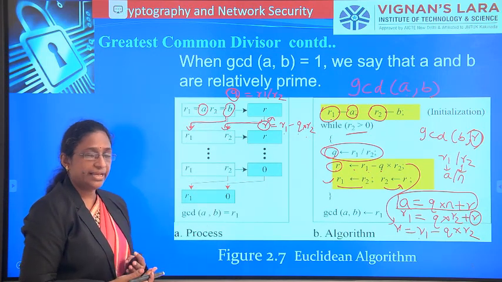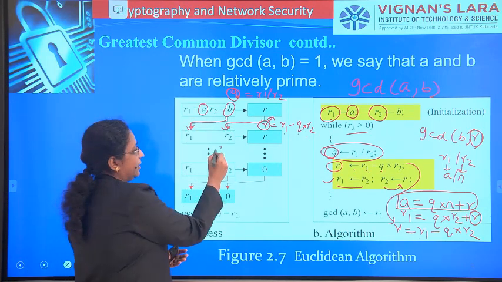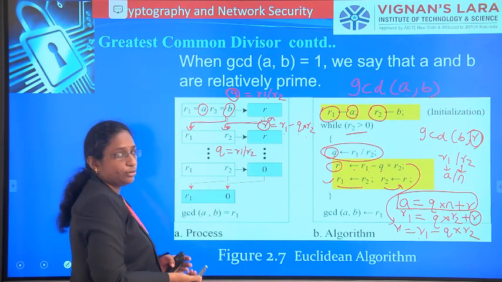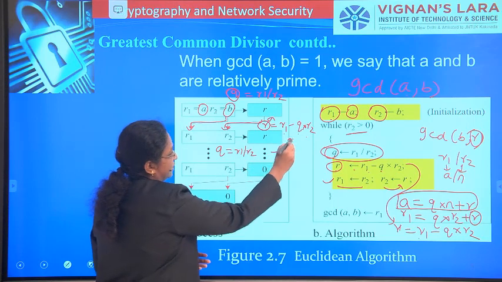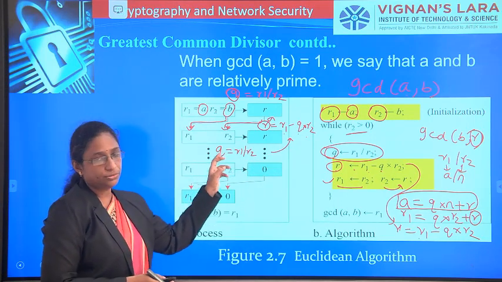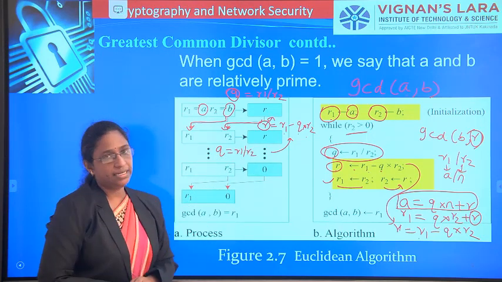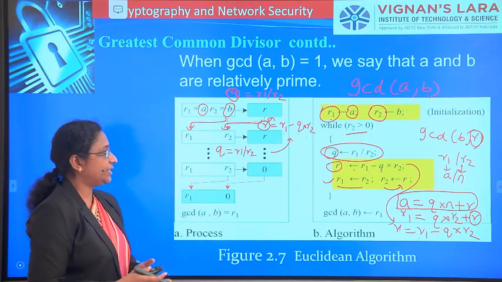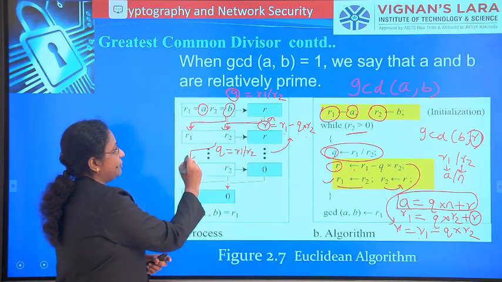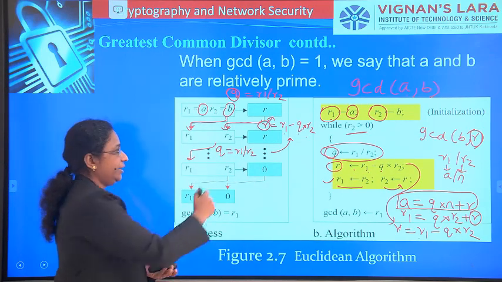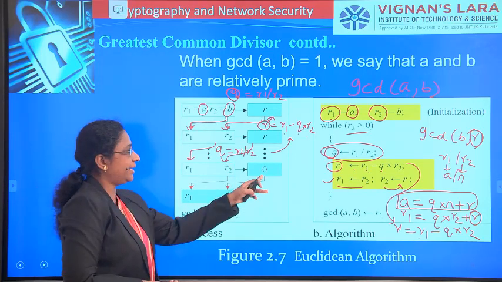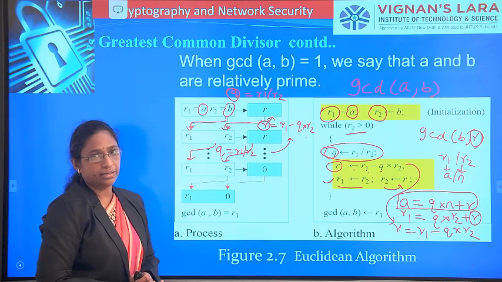Okay, after that, again the same process. Again you calculate the quotient equal to R1 by R2. After calculating the quotient, again you use this formula with the new values of R1, R2 and quotient to calculate the R value. After calculating that R value, again you do the shift operation, that is, R2 becomes R1 and R becomes R2. Then again you calculate the R value.